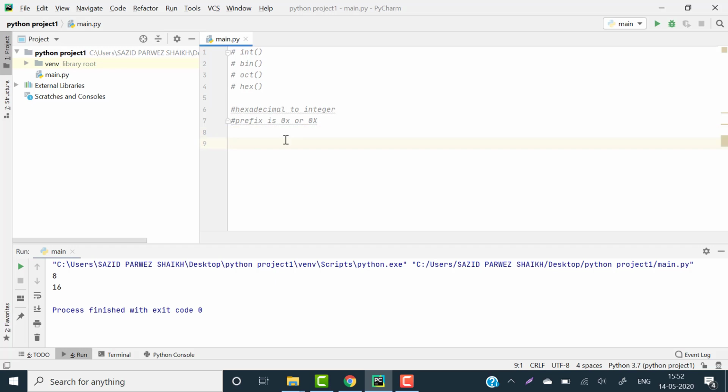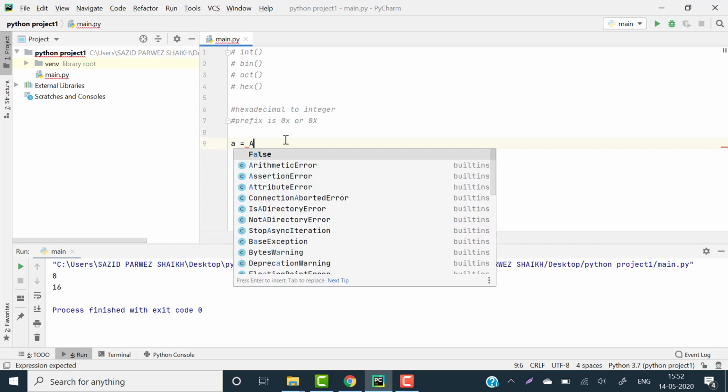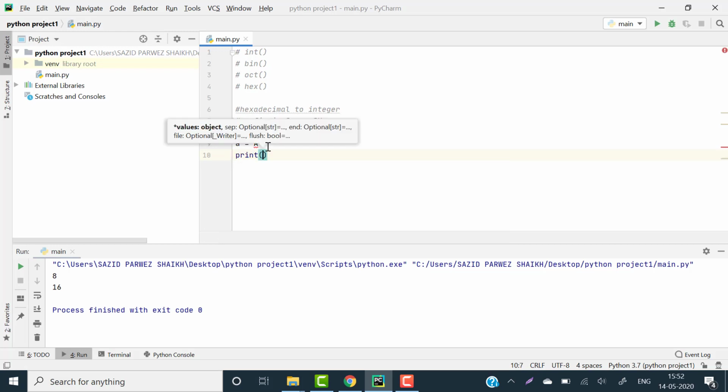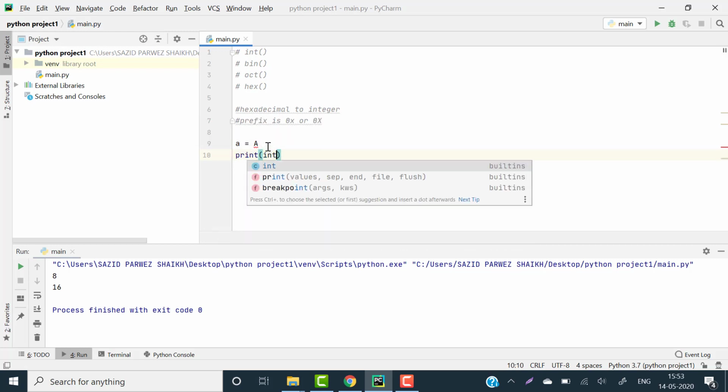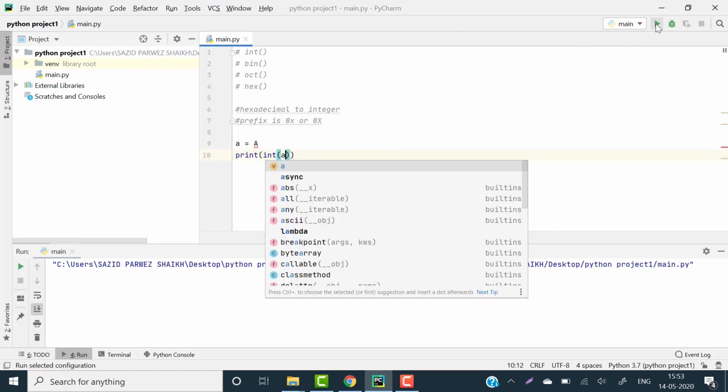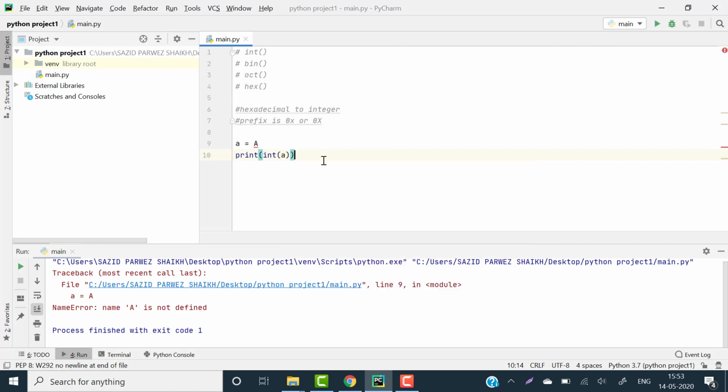Take some example and try to convert hexadecimal to integer. a is equal to uppercase A. Print int function small a. Sorry, 0x.